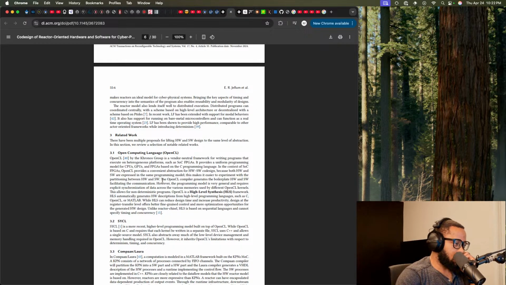Never heard of it before. OpenCL. High level synthesis framework.